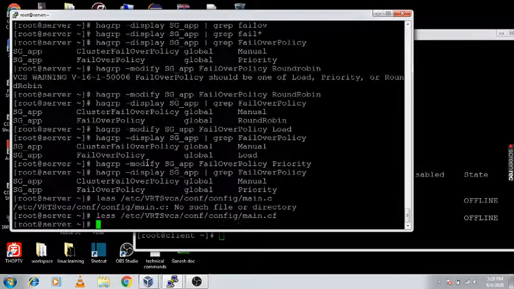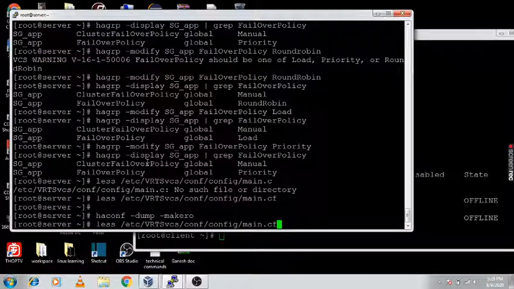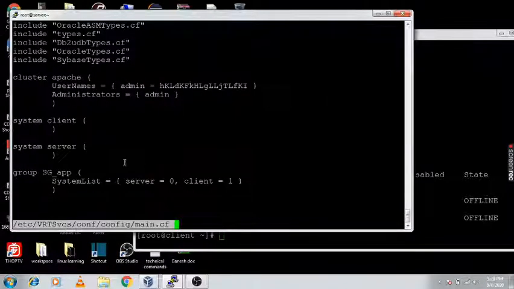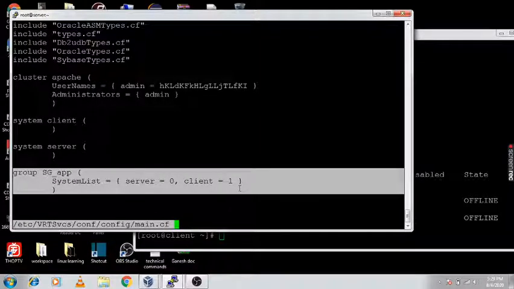And once I use the command haconf -dump -makero, then only this configuration will reflect with the changes. That means this configuration was stored in RAM. Once we have dumped it, then it will reflect in the main.cf file. Now you can check in the main.cf file, this service group is now reflecting with its attributes.